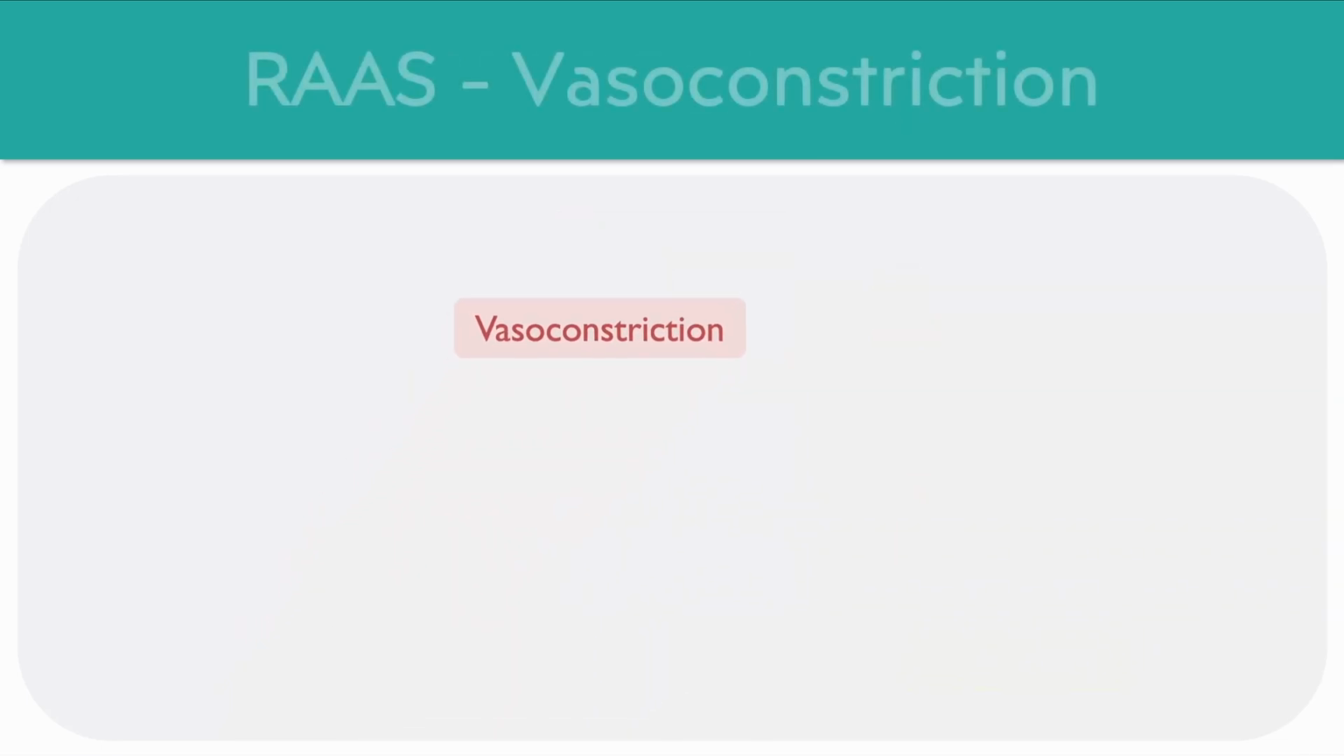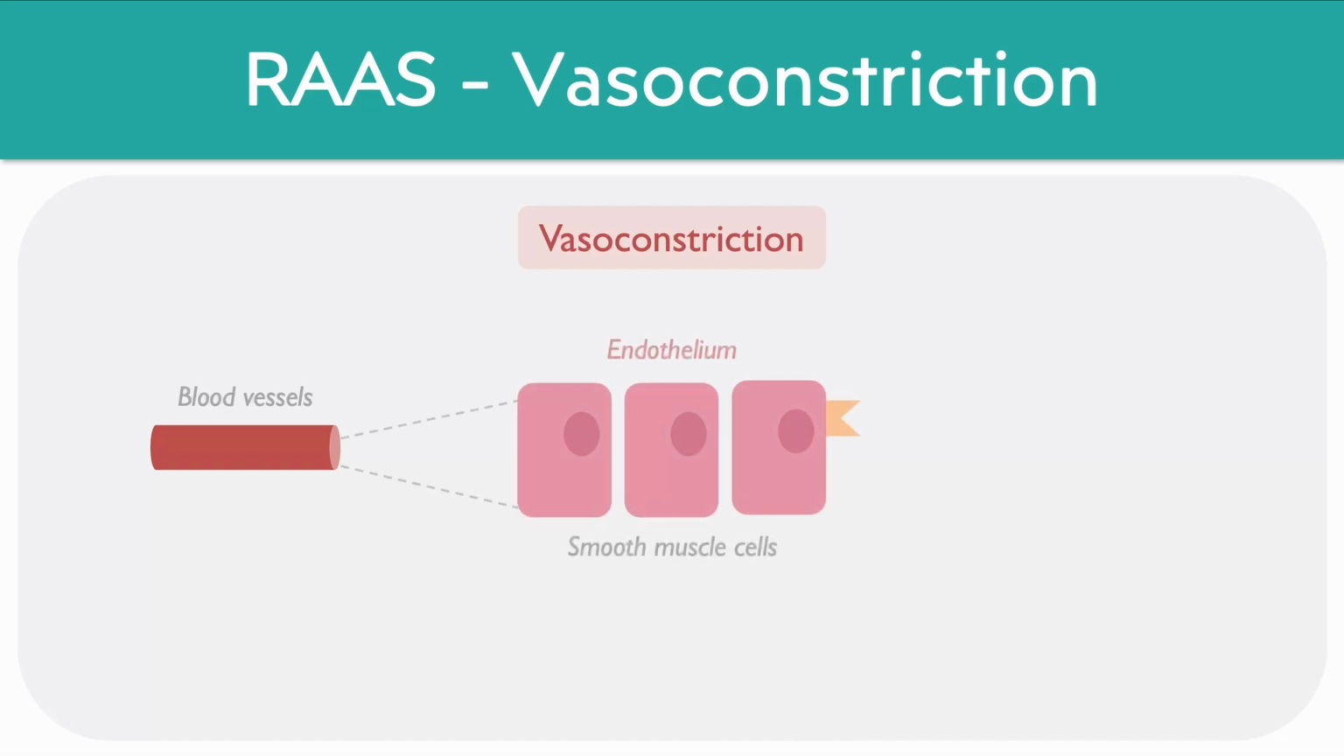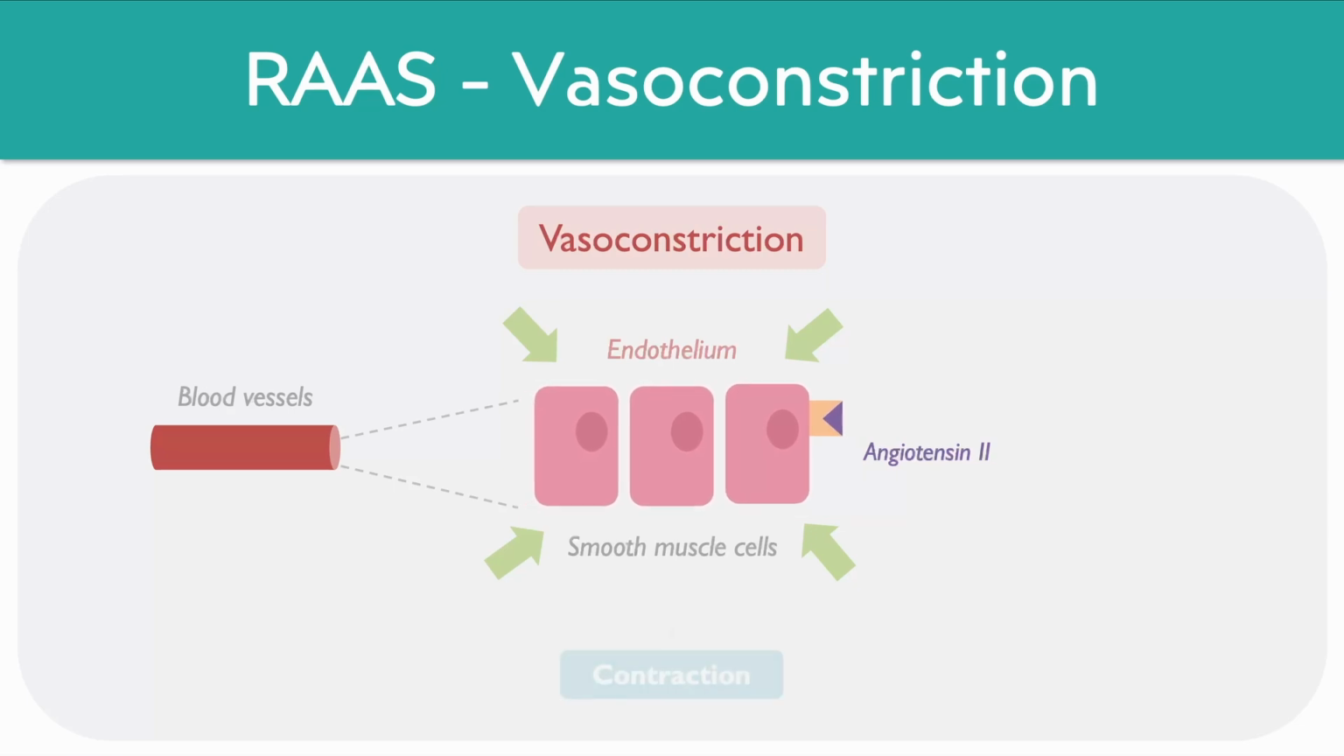Starting with vasoconstriction, we know that blood vessels are composed of different cell types, but one of these cell types in particular are the smooth muscle cells which line the endothelium, particularly of arteries and arterioles. When angiotensin 2 binds to these smooth muscle cells, it triggers a sudden influx of calcium ions into the cells. As a consequence, we get quite strong contraction of the smooth muscle cells, which results in the blood vessels becoming